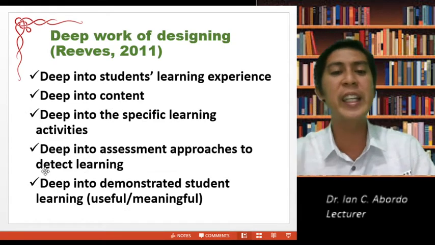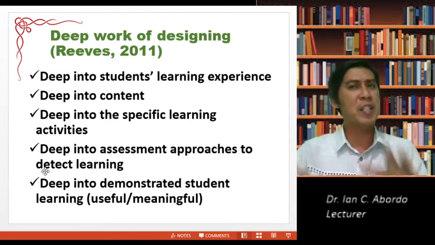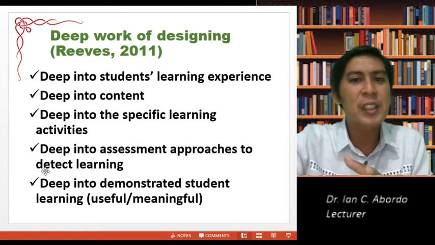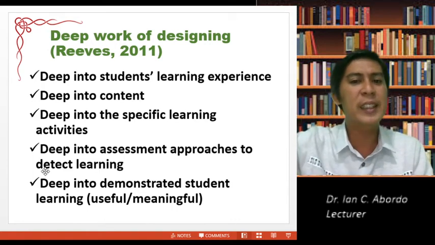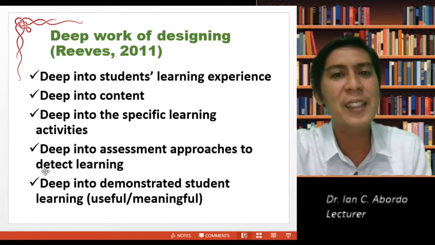Deep work of designing goes deep into the student's learning experience. We design looking at the deeper experiences of the learners, deep into content, deep into the specific learning activities.